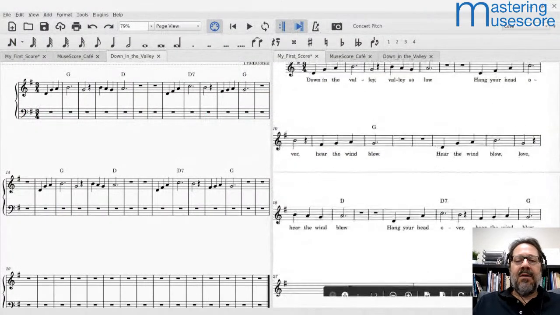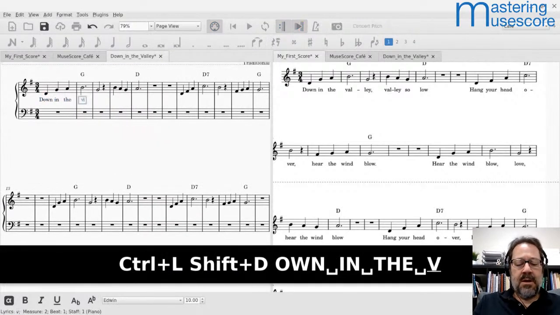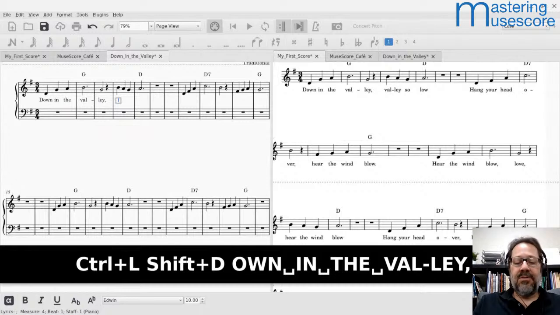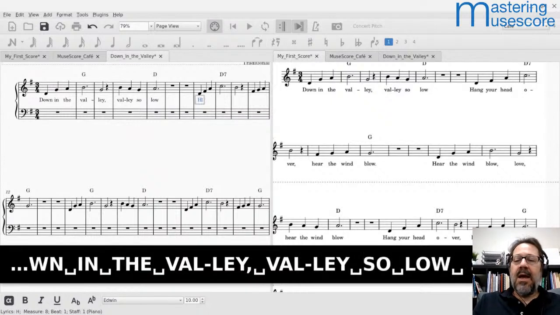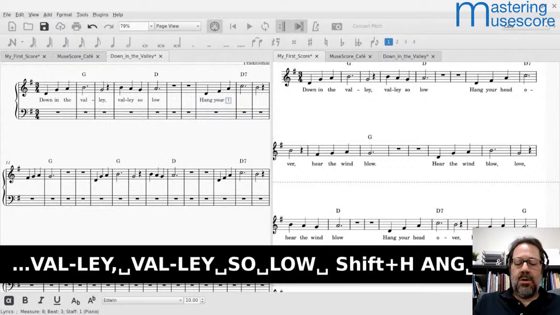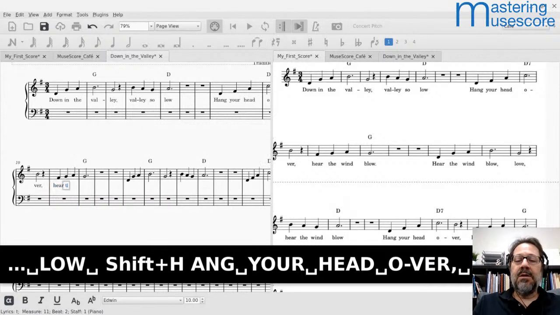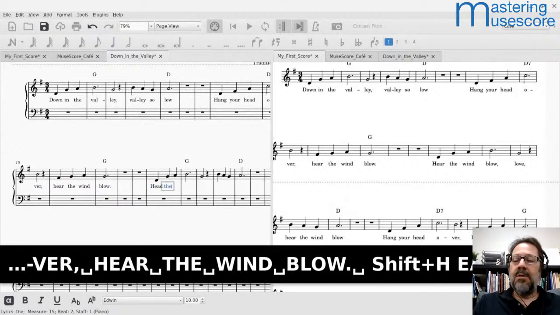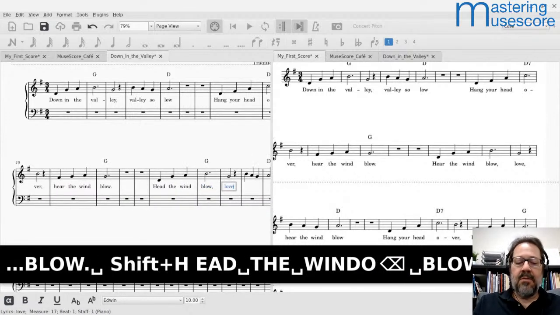So I have my right-hand window scrolled the way I want it, and now on my left-hand window, I'll just go ahead and Control L, down in the val-lee, comma, space, val-lee, low, space, hang your head over, comma, space, hear the wind blow, period, space, hear the wind blow, comma, space, love, comma,